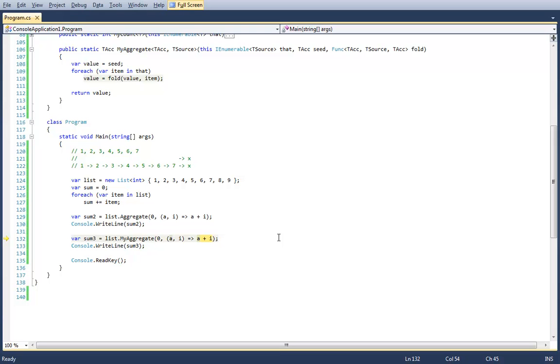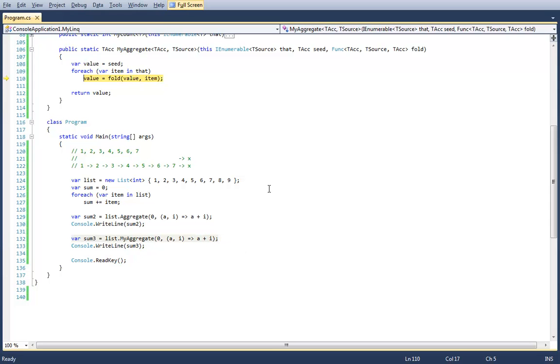Oh, I just noticed that it actually is AI, isn't it? Okay, so if I go ahead and look at A is 3, I is 3. That's because the result of the previous operation returned 3, which gets put into A, and then the current item we're looking at in the list is 3, because we're on the third item. And what we return is A plus I. So 3 plus 3, we return 6.